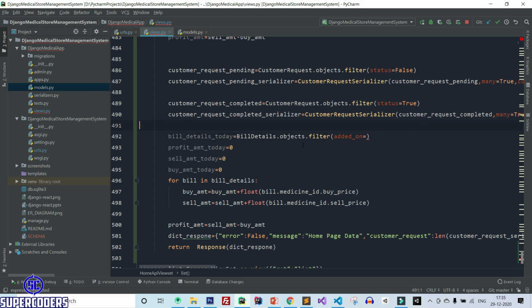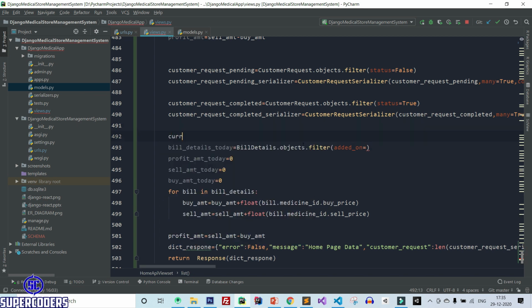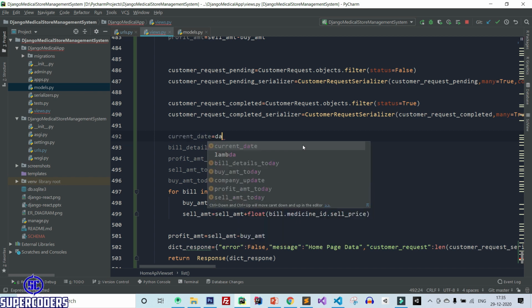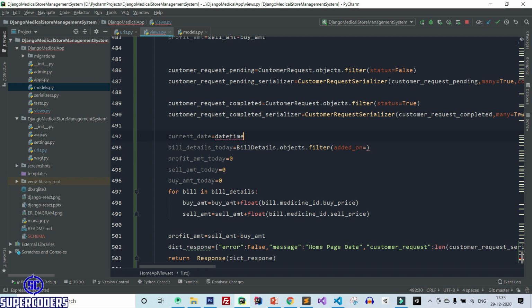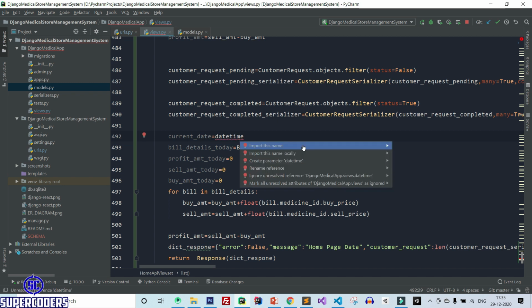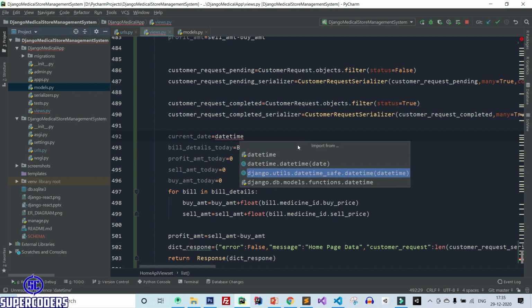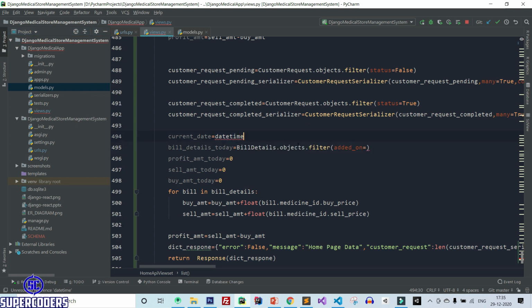So let's create a current date object. So current date equal to datetime. Let's import datetime. Import this name. Import datetime dot today.